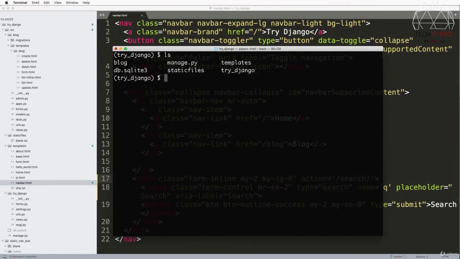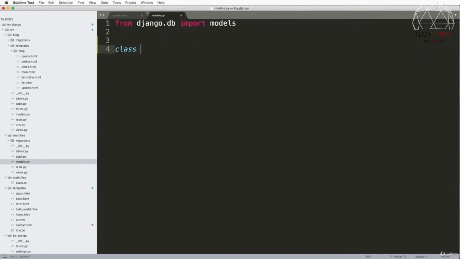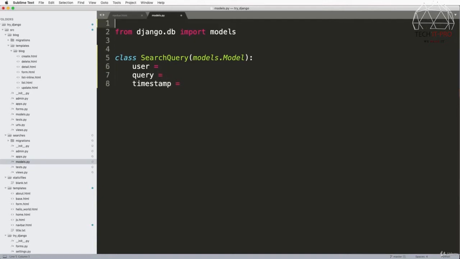Like I said, we're going to put together a lot of the things that we've done. I'm going to do python manage.py startapp searches. Now in this app, we're going to make a model, and we'll call it class SearchQuery, which takes in models.Model. We'll say user, what the query is, and a timestamp, like when it happened. Now to add in the user, we do from django.conf import settings,